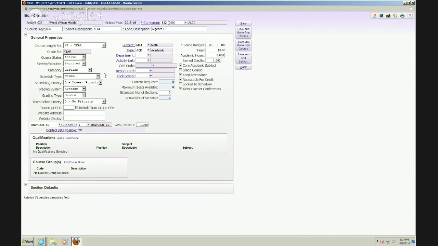Elective or required. Is it a required course or is it an elective course? That matters to the scheduler. Required courses are automatic priority of 5, electives are below 5. So it's going to look at your required classes first. Next is your category. So if we click on category, most of your classes will be regular. If you schedule your lunches, then you also put in a course and mark it as a lunch. If you schedule your study halls,